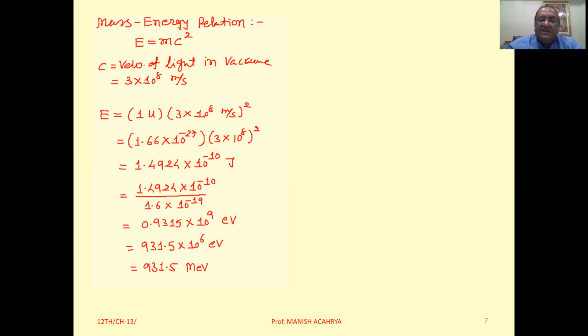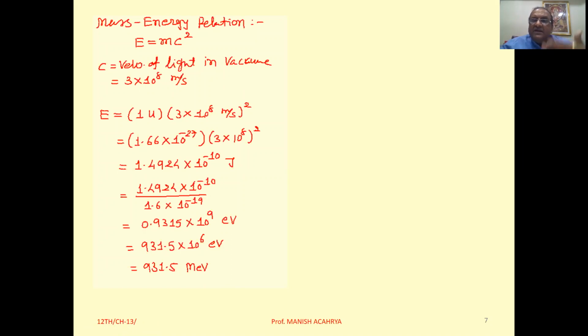Mass and energy are associated with each other by the relation E equal to mc square, where c is the velocity of light in vacuum, its value is 3 into 10 raised to 8 meter per second. So here, when mass converts into energy, the energy obtained is equal to m into c square. So if we